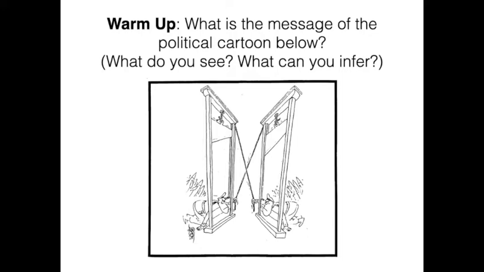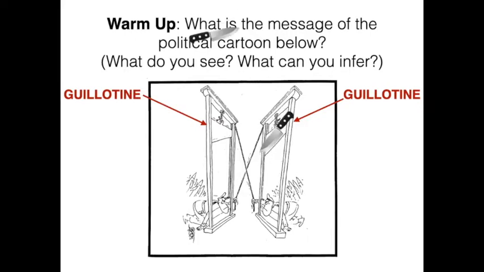So let's start with some objects that we see here in the cartoon. There are two guillotines which are labeled. You should remember the guillotine from our French Revolution unit. A guillotine is a device used to cut off someone's head, much like a very, very fast, very, very sharp and efficient knife. Now, looking down below that, I see two people below the guillotines, and both of them are looking at each other, sort of in this stare down with these angry faces.